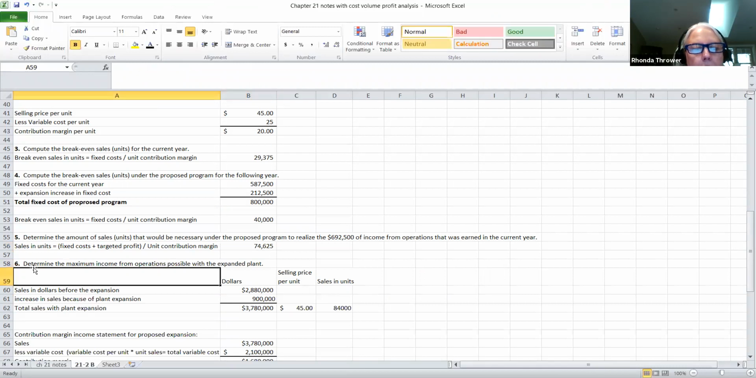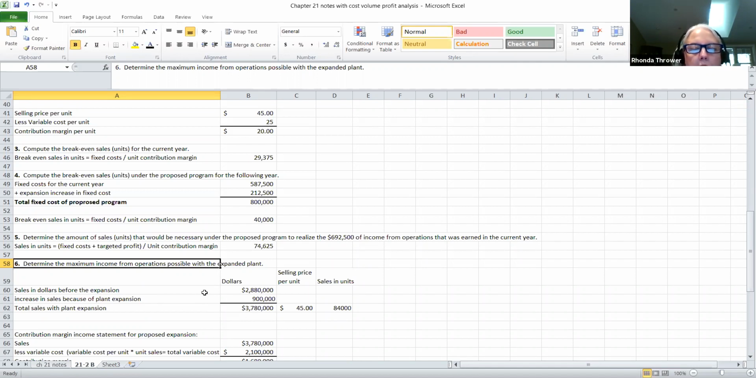Now in part 6, they want you to determine the maximum amount of income from operations that is possible with the expanded plan. What you have to remember about the expanded plan is that when we expand the plant, we're anticipating that we're going to sell more units and have an increase in sales dollars of 900,000. So what you would have to do is determine the total sales with the plant expansion first. And the sales in dollars before the expansion was